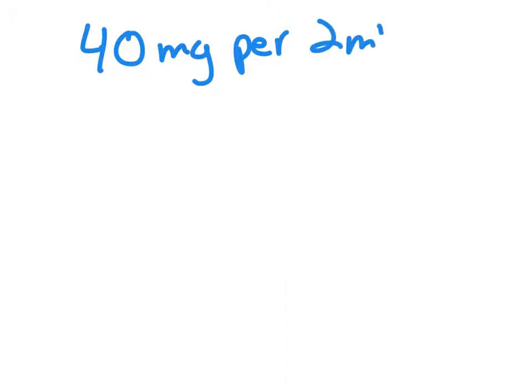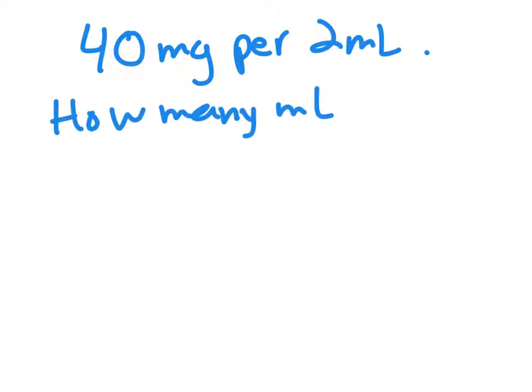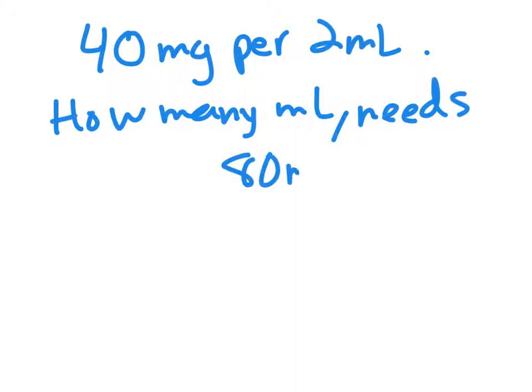It's a liquid medication, and the question is telling me it comes in 40 milligrams per 2 milliliters. But then the second part of the question says, well, then how many milliliters do I need to administer if Mr. Smith needs 80 milligrams? Okay, so how many do I administer? How many milliliters do I give if Mr. Smith needs, I'm just going to shorthand this, I'm not going to write the whole thing, 80 milligrams of